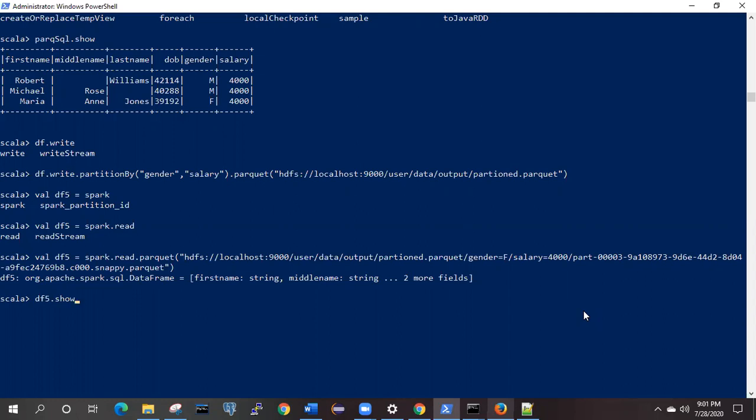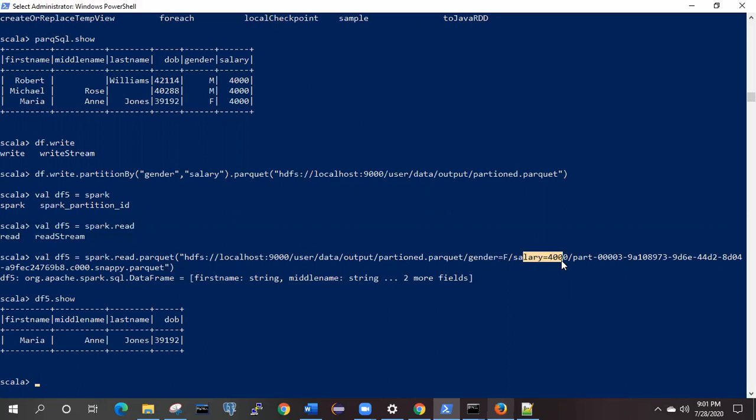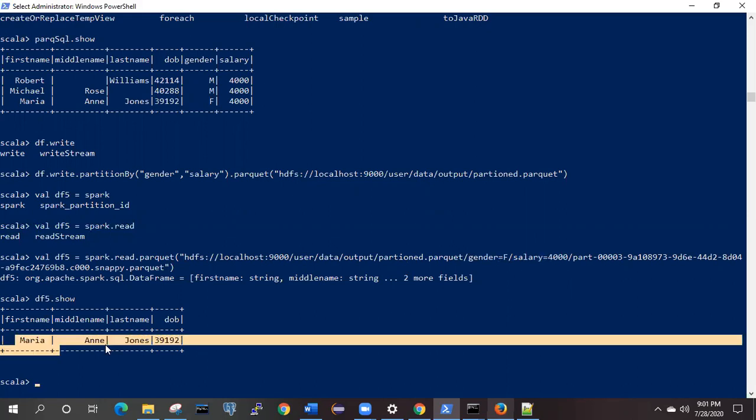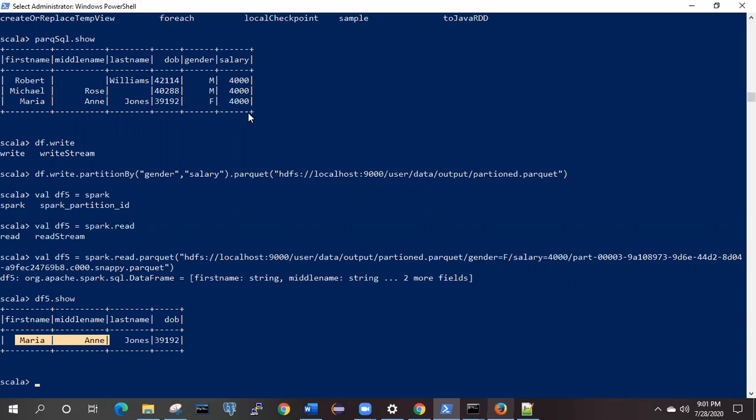hit enter, and this is the only one female employee as per the condition. The gender should be female and the salary should be greater than or equal to 40,000. So Maria is the only female candidate from this list, you can cross verify from here also. Maria is the only female candidate whose salary is greater than or equal to 40,000.